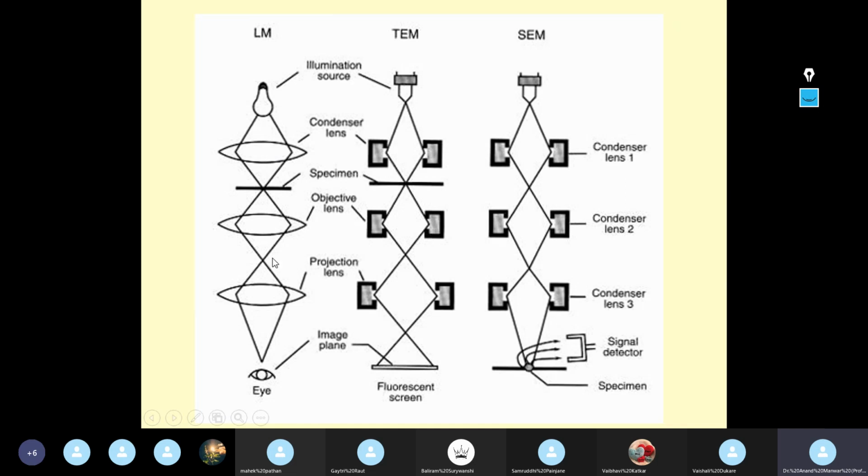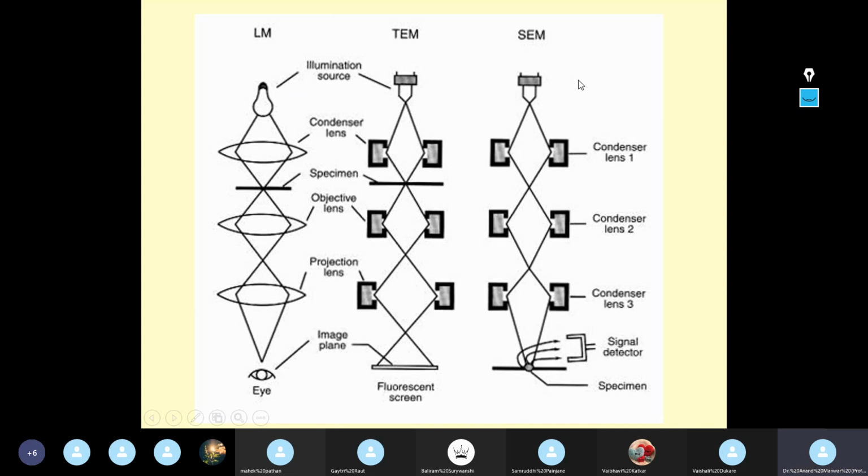Now see, the light microscope is placed upside down. Normally the light source is at the bottom and the ocular is at the top. Here we have inverted it: the light source is kept on top and the ocular is kept at the bottom, for understanding the things. So the illuminating source is the same, meaning here it is electron, here it is light. It is required in all the three, right?